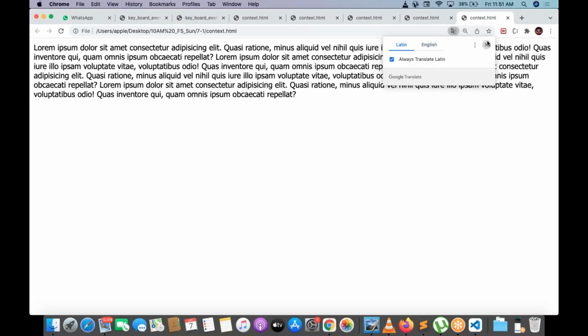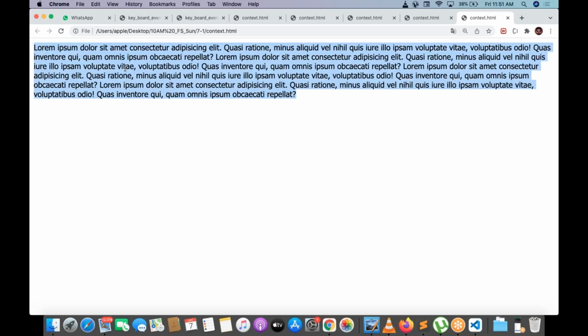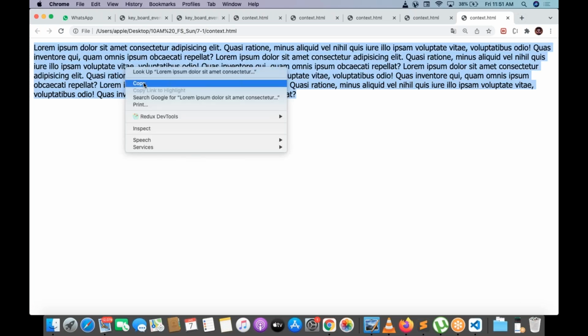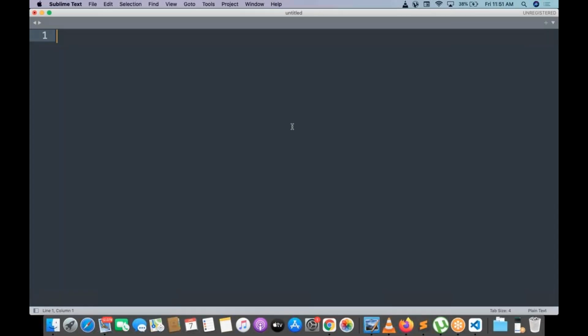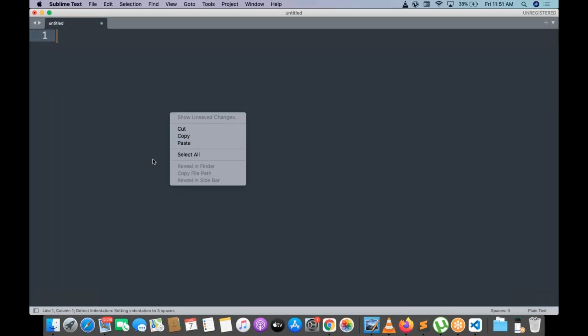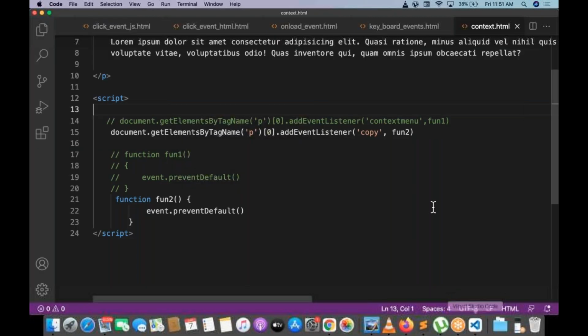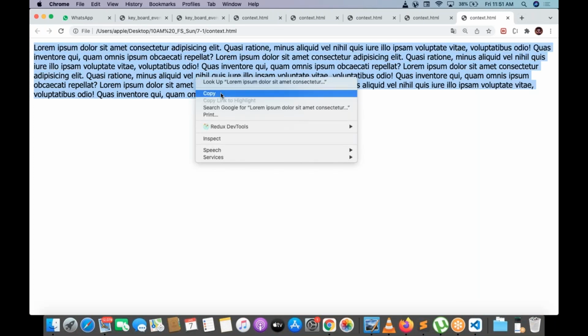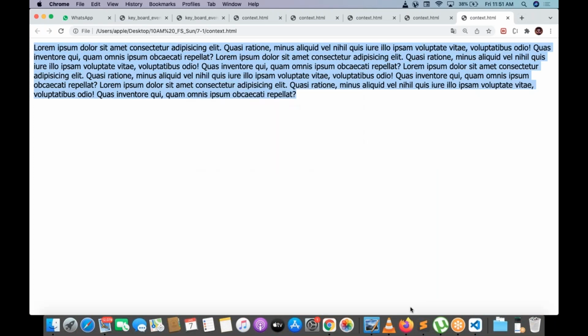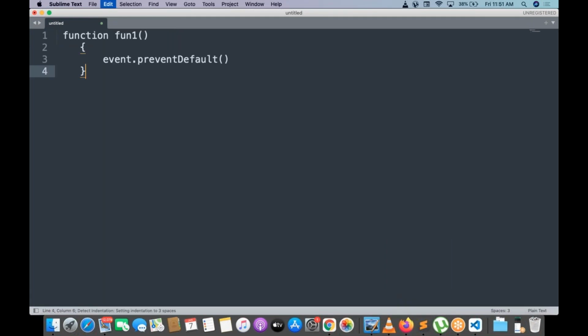Now try to right click on this, copy the content. Can I do copy now? Can I paste somewhere? What is happening? When I do copy, the text needs to be copied, right? But copy is not allowed. The text is not copying.